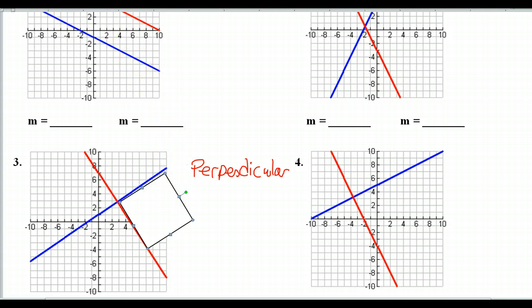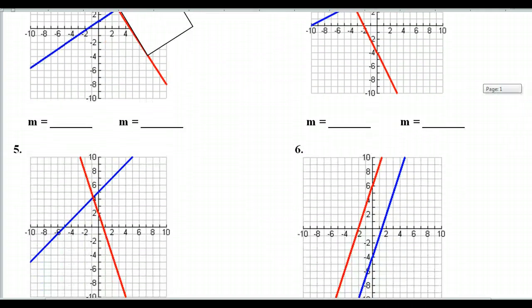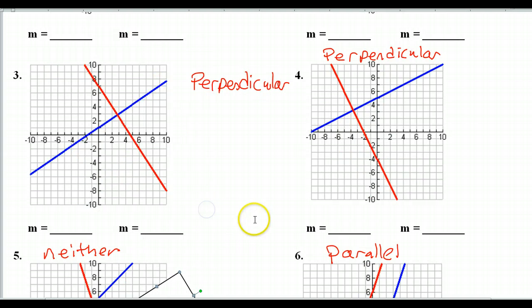What about number 4? Okay, again, it looks perpendicular to me. Maybe I'll squeeze it in up here, perpendicular. Okay, what else we got? Number 5. That looks like neither to me. Number 6 appears to be parallel. Okay, again, number 5, I'm going for neither because